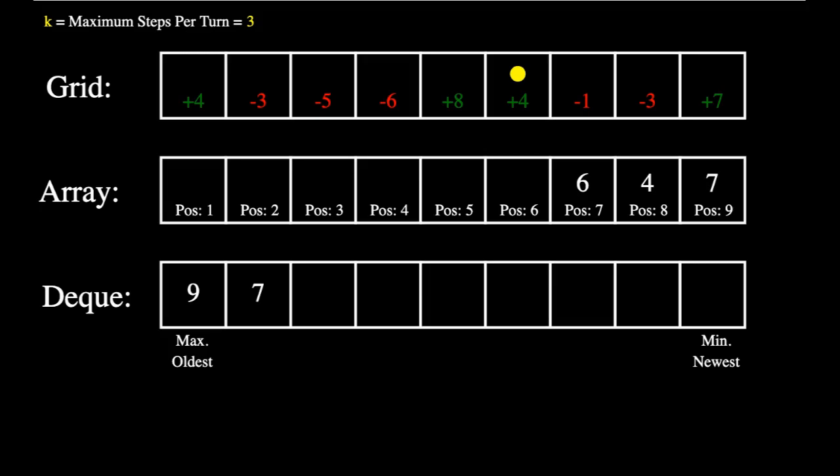We're now at position 6, and the highest is still position 9. We can use that and get 7 added to 4, and we have 11. Now we add position 6 to the end of the deque. We compare position 6 to position 7 and find out position 6 is higher, so we can remove position 7 from the deque. The same thing goes with position 9. We find out position 6 is greater and we remove it from the deque as well. Let's continue animating the last few steps of this solution.